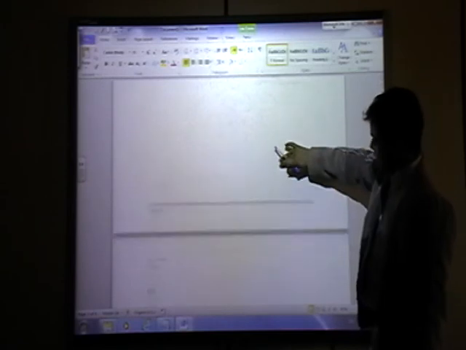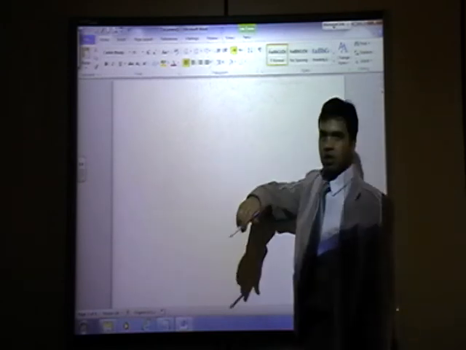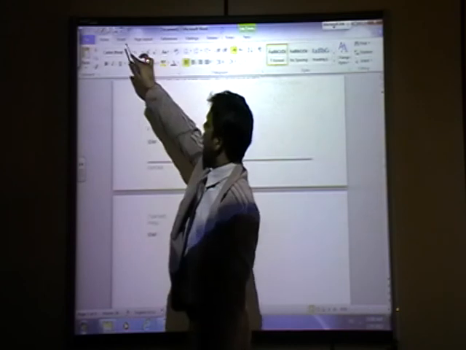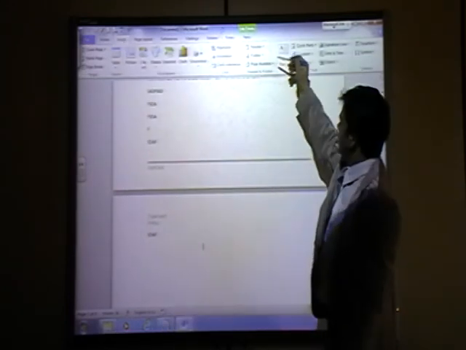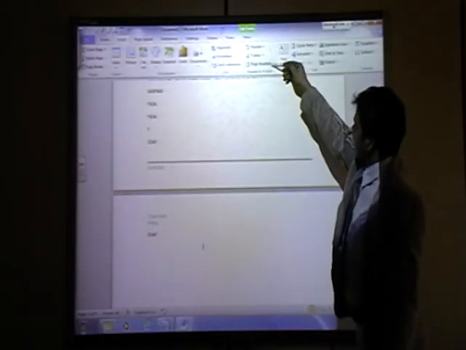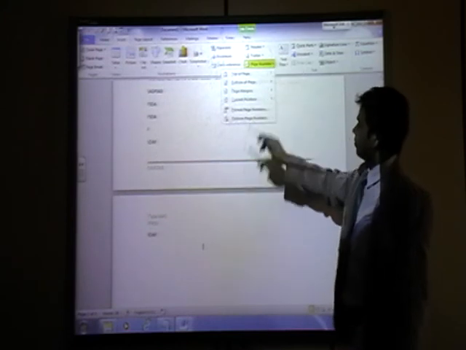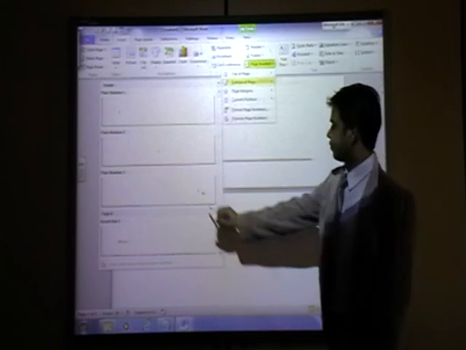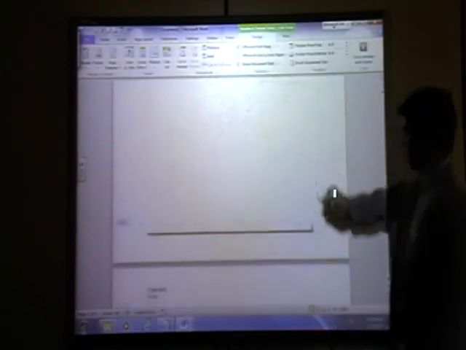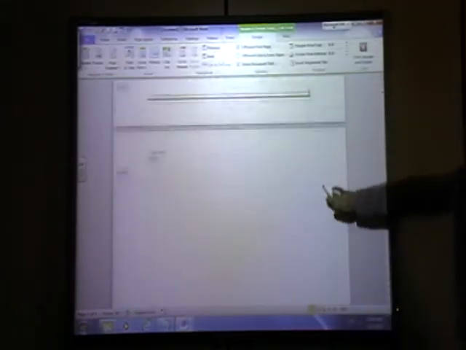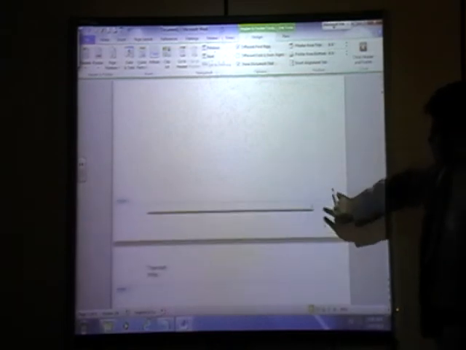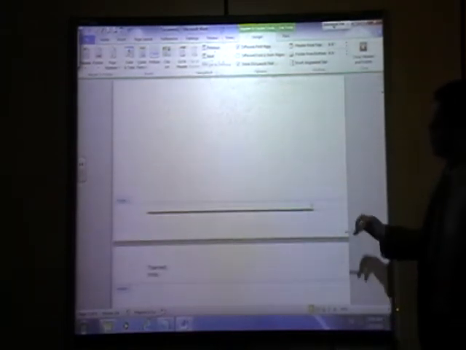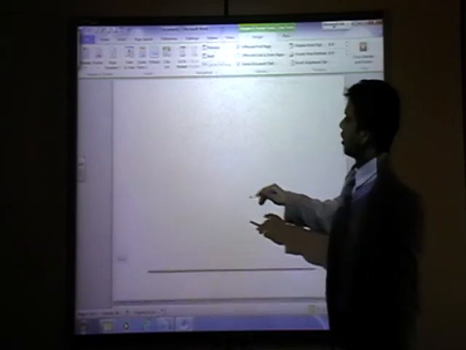See, the page number is not there. If you want to insert, you can bring it from here. Insert and page number, bottom of page. I will choose this one. On every page, an automatic page number will be there. You see, it is inserted. So this is the use of header and footer and insert.